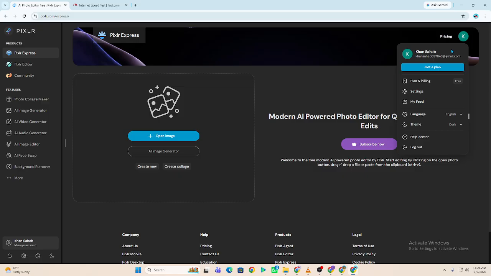And that's how to fix Pixlr unexpected errors in 2026. Most issues can be solved by refreshing the page, clearing browser data, reducing project size, or